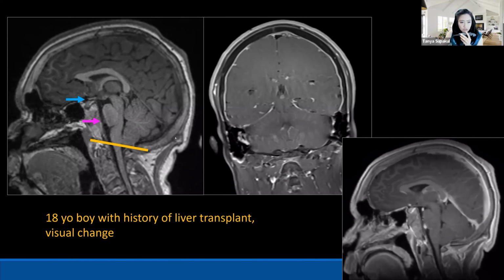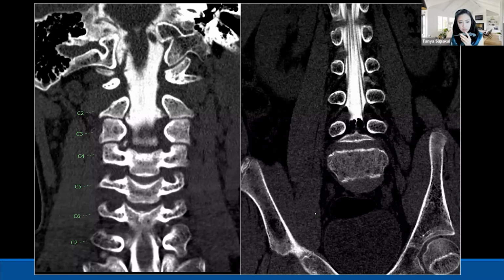So I told them to give contrast, and on the post-contrast images, you can see diffuse dural thickening and enhancement along the dura, and maybe some engorgement of the dural venous sinus, but this one for the engorgement is not that significant. So this patient turned out to have intracranial hypotension. And when we checked on the Cerner, the patient has a history of lumbar puncture. So that's why we decided to do the myelogram, CT myelogram, and I have the images for you on the